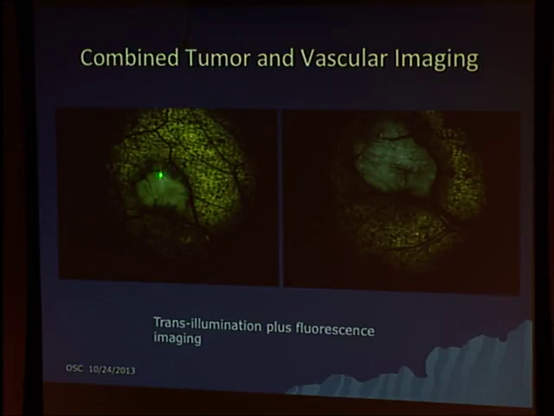And if you shine the appropriate light on them, they'll fluoresce. So this is a combination image that is transilluminated, so you can see this thin layer of tissue with all the vessels flowing through it. And then you can see in another, slightly different wavelength, the fluorescent light here. So this is fluorescent tumor, and this is normal tissue surrounding. And you can see the vascular supply. This thing is starting to grow.